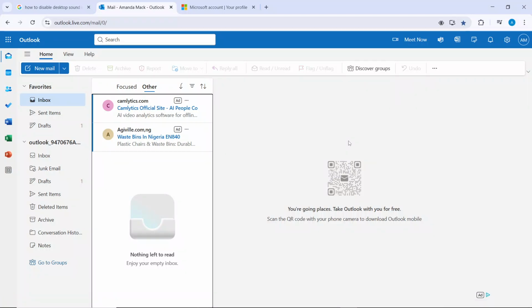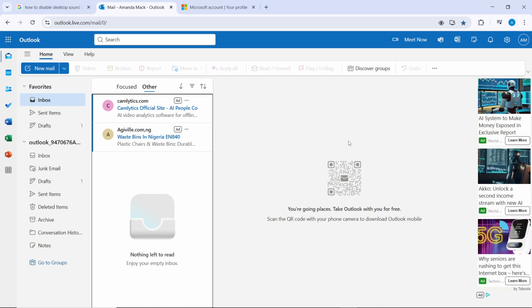Hello! In this tutorial, I'll show you how to set out of office on Outlook. So are you going on a vacation or stepping away from your inbox? Now, don't leave your contacts wondering why you're not responding. That's up. So in this quick guide, I'll show you how to set up an automatic out of office reply